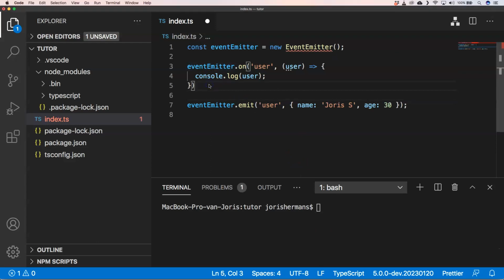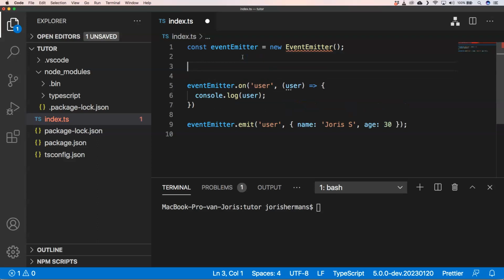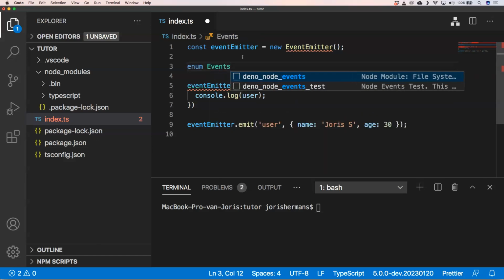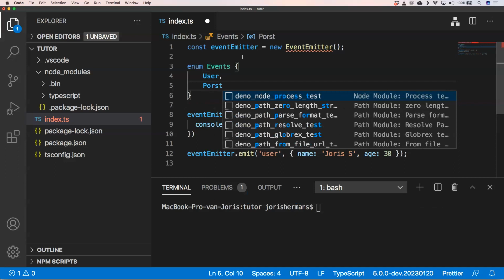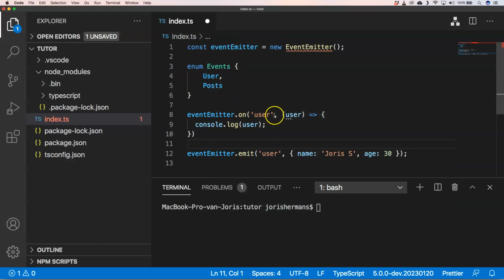Another useful tip would be to use enums more, or constants, right? Because now we have a string right here, user, and we have something right here, also user. If you make a typo, then your code is not working and you don't know it, right? So if you have an enum right here, for example, events, and then you put something right here like user posts, right? And then you can have here